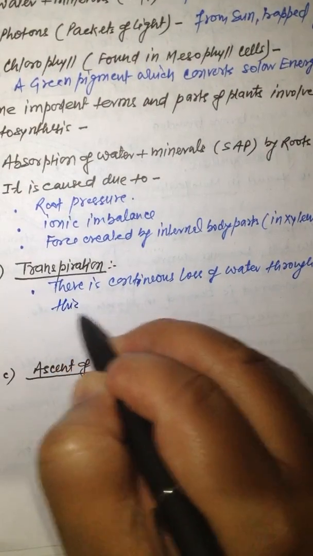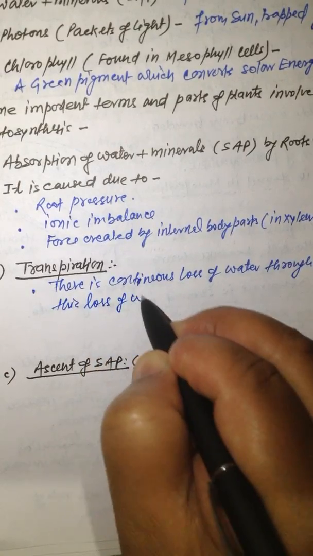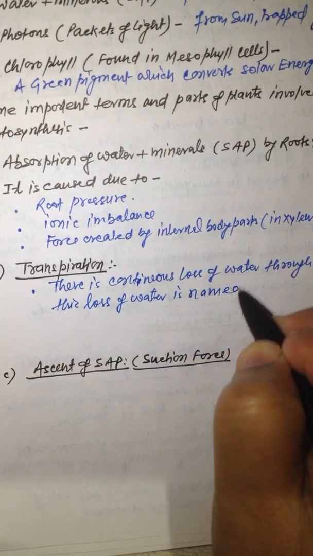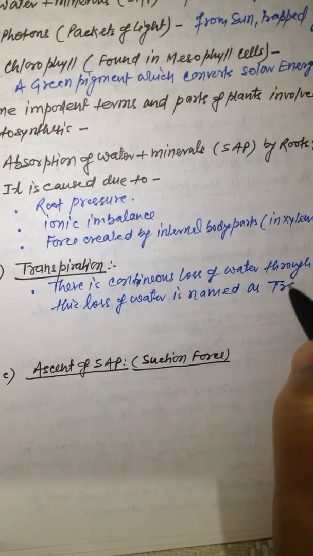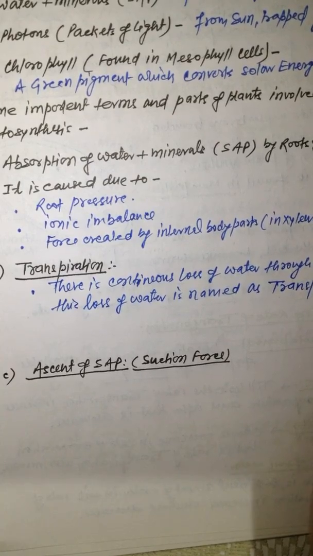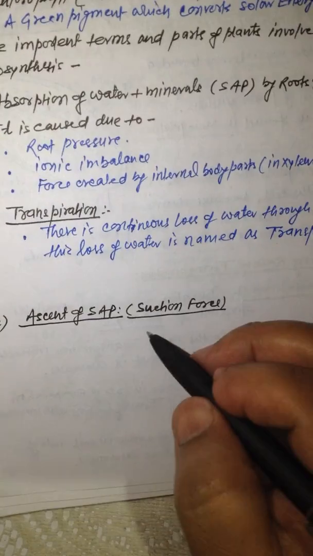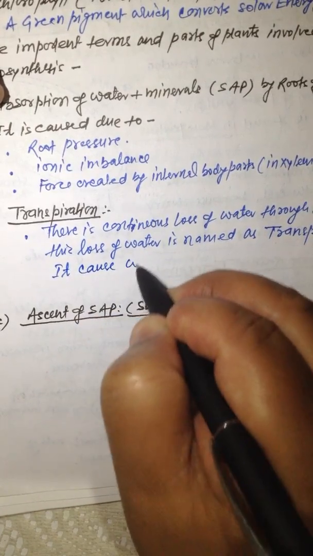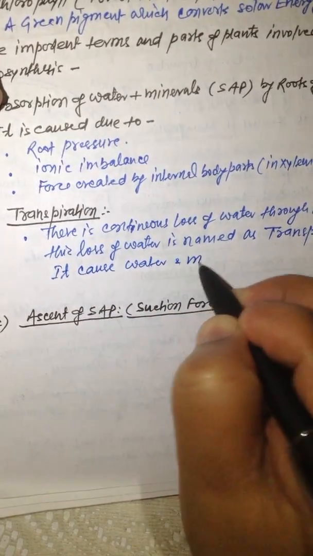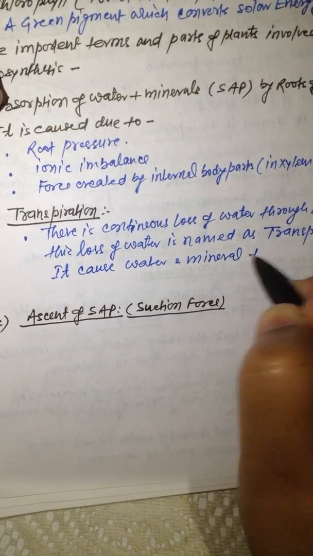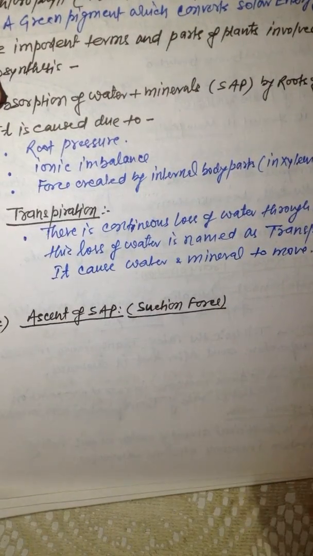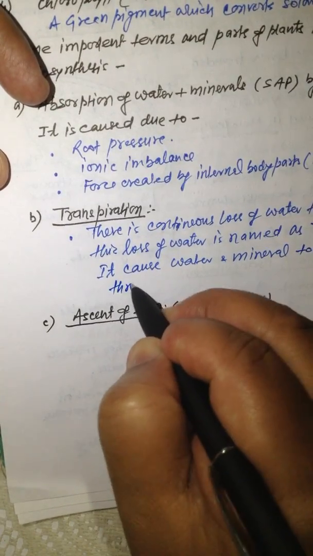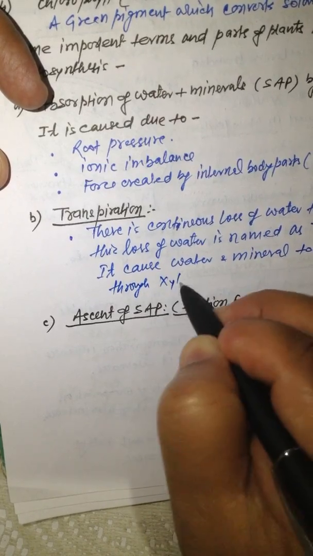This loss of water is named as transpiration, right? It causes water and mineral to move upward through xylem tissue. Okay,